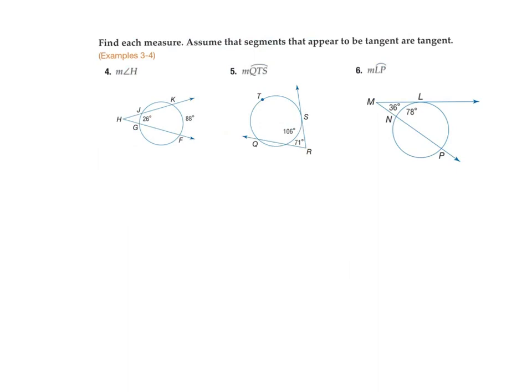Let's have a look at question number 4. First of all, you've got them meeting outside the circle. So this time it's going to be 88 minus